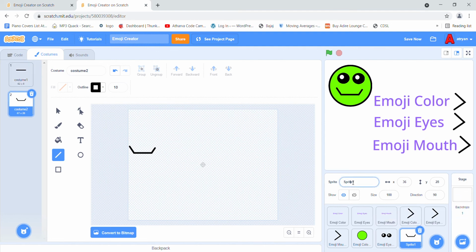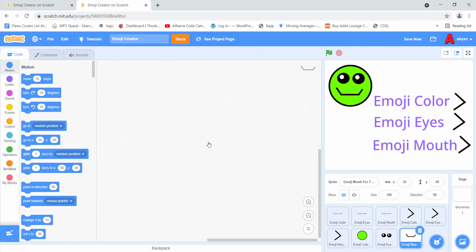Okay, now I'm going to name it emoji mouth for the ending emoji. Okay, that's a funny name. So now we come to the main code. So I'm going to go to the emoji